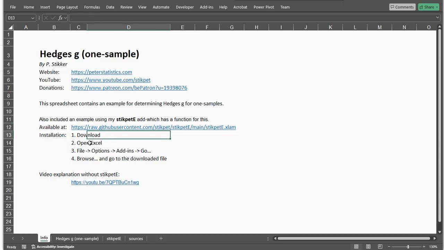Once you've downloaded it there, you can open Excel, then go to File, Options, Add-ins, click on the Go button, then Browse, and select the downloaded file. I have a separate video where I go over this if you don't want to use my add-in, but in